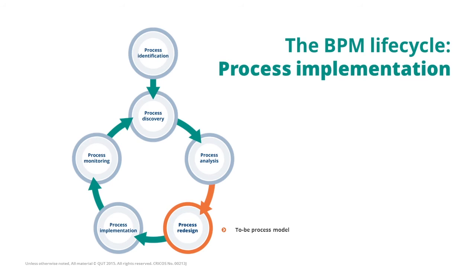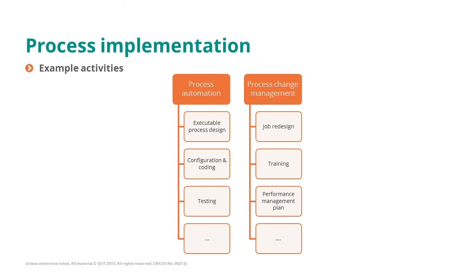Now that we have a to-be process model, we can move to the next phase of the life cycle, which is process implementation. Here, we try to put the process into execution. And this involves at least two sets of activities. On the one hand, we have to care about automation activities, putting in place the software systems that are going to support the participants in the performance of the process. This includes, for example, designing executable process models and configuring and coding systems to support